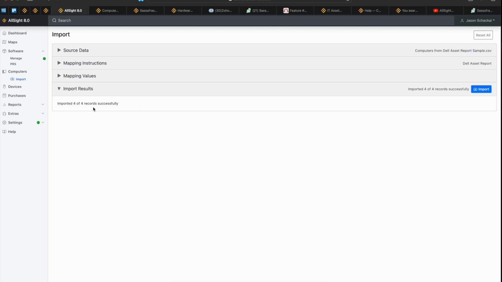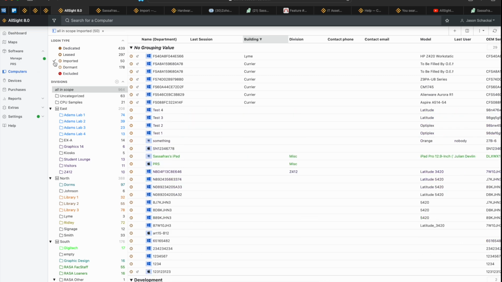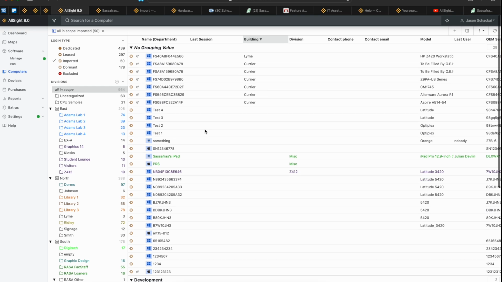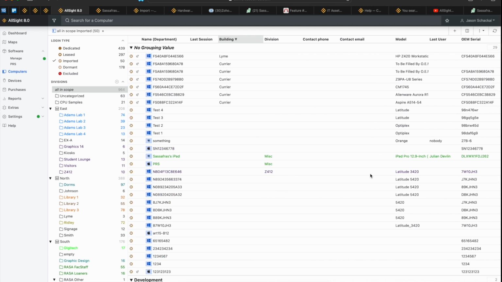The last step here, just to confirm that, is going to be to come back to the main computers page and filter to the imported category here, and the computers that you just imported should be listed in the list here. We had some previous imports here, so I would have to do a little bit of searching to find them. I'm not going to step through that. Just to kind of explain there,